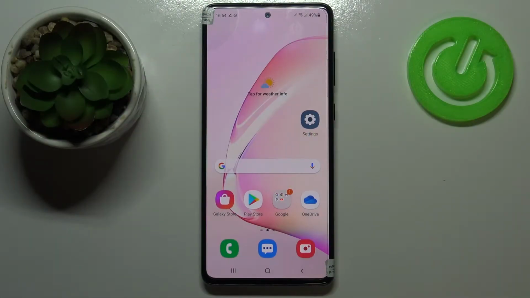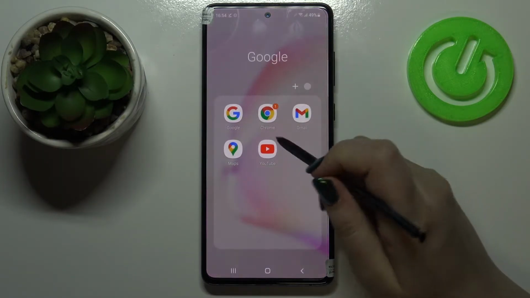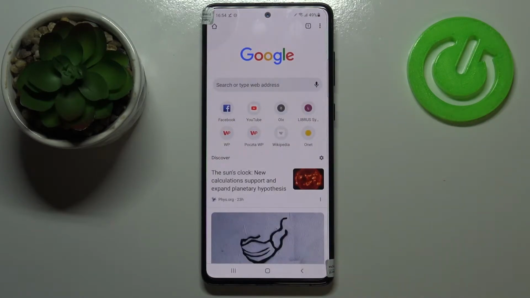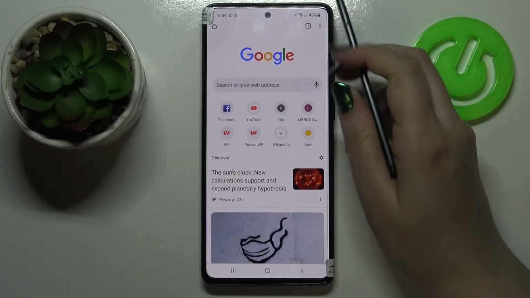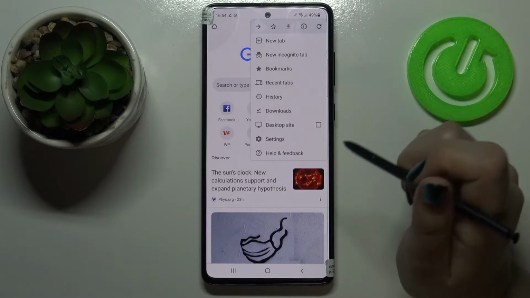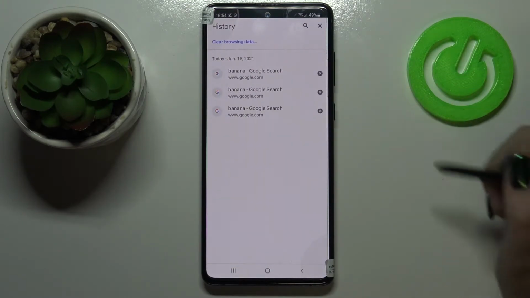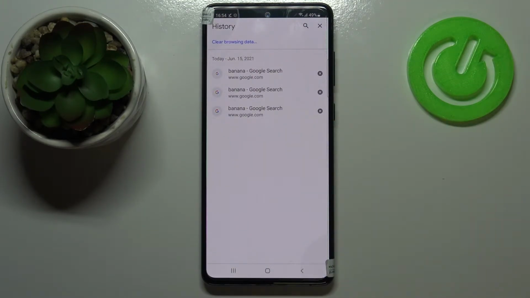Hi everyone, here we've got Samsung Galaxy Note 10 Lite, and let me share with you how to clear browsing data on this device. So first of all, we have to open our browser. In my case, it will be Google Chrome, and now let's tap on this three dots icon in the right upper corner. Now let's enter the history, and as you can see here, we've got the full list of all